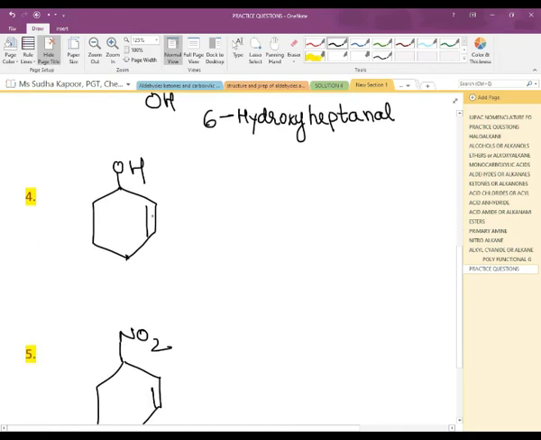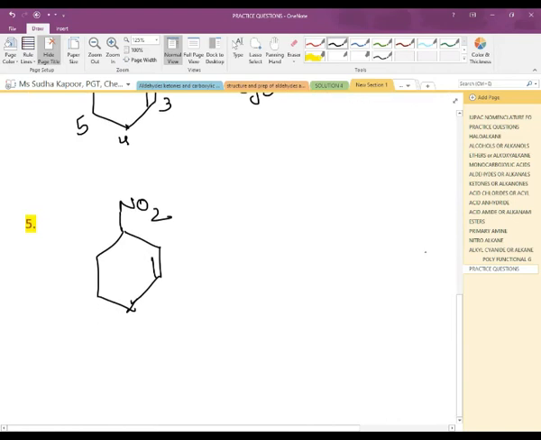Now this one, cyclohexene ring with the OH. We know that OH is given the preference over the double bond. Numbering 3, 4, 5, and 6, the lowest number goes to the double bond also. Now for the cyclic structure, we are going to use cyclo also. So the name becomes cyclo, 6 carbon hex, then double bond on second position, 2-ene, 1-ol.